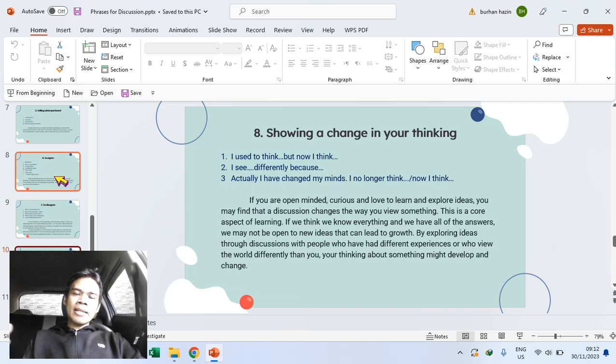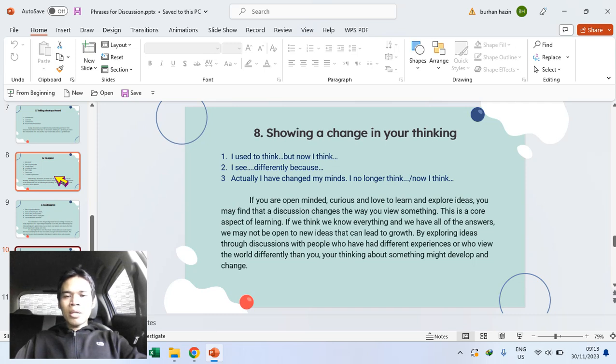Alright, and next one, showing a change in your thinking. If we want to change our thought, our thinking during discussion, what phrases can we use? I used to think, and then we share what we're going to change. But now I think that, and then what is the change? I see,